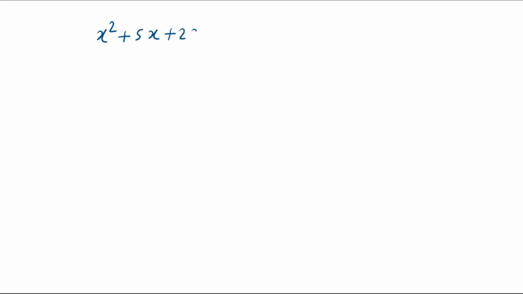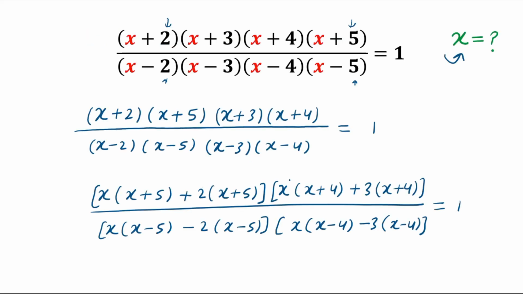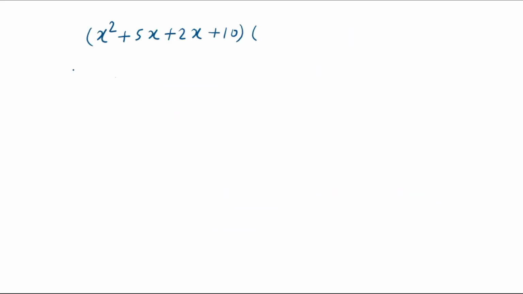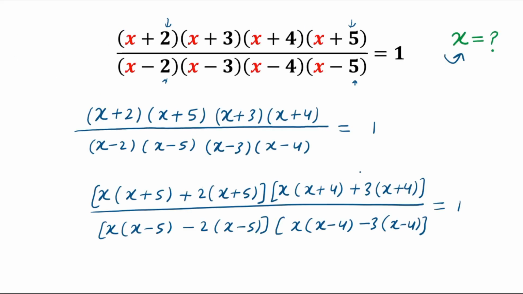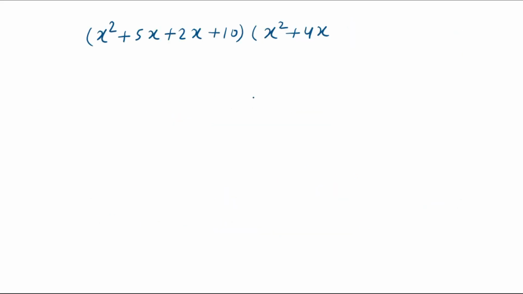Here 2x plus 10 is multiplied by x times x plus 4, which is x square plus 4x. 3 times x plus 4 is 3x plus 12, and divide by